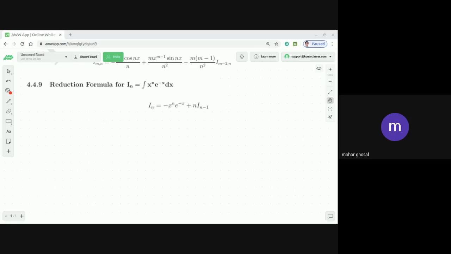Okay. Now let's discuss. I have a few more formulas, only 3 more formulas. It is the reduction formula with log. Now I'm introducing log, and I'm going to 2 parameters. It is Imn, which is represented as the integration of x to the power m into log x to the power n dx. Okay.